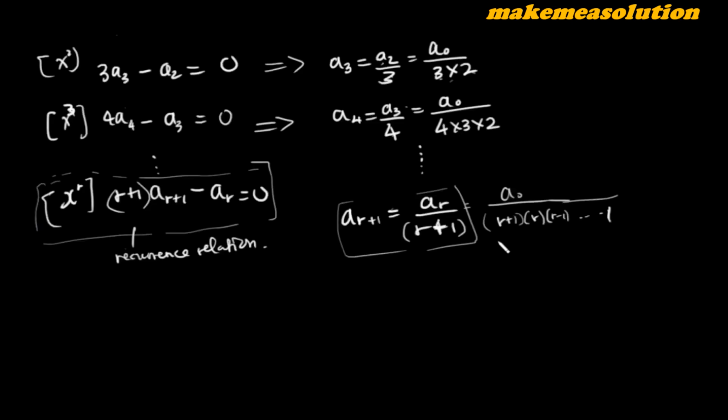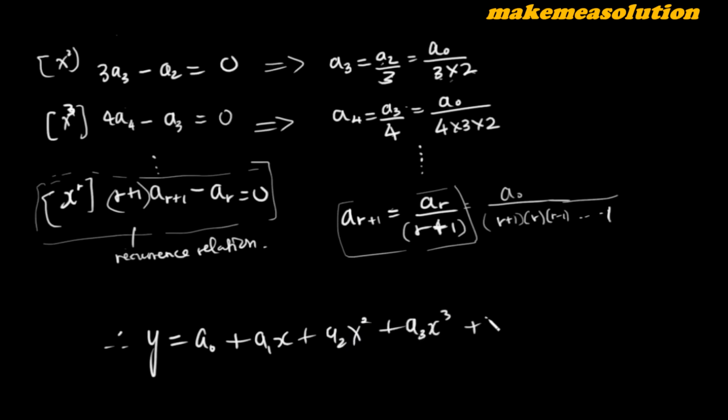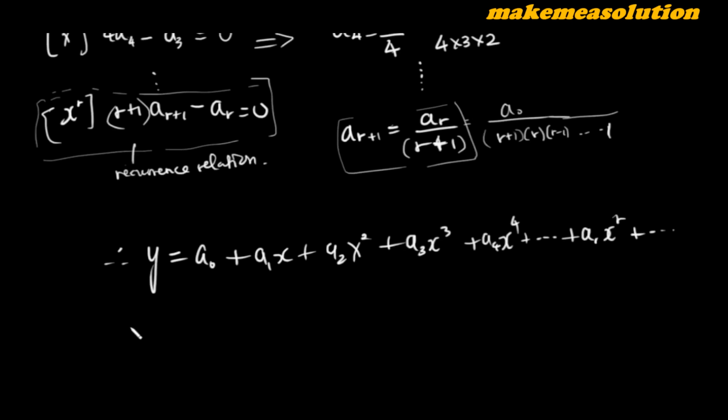So how do I wrap up my work? I can wrap up my work by saying therefore y is equal to what? A naught plus A1x plus A2x squared plus A3x cubed plus A4x^4 plus dot dot dot plus ArX^r plus dot dot dot. Now I've already found the values of each of these coefficients in terms of A naught. So substituting their values in terms of A naught,